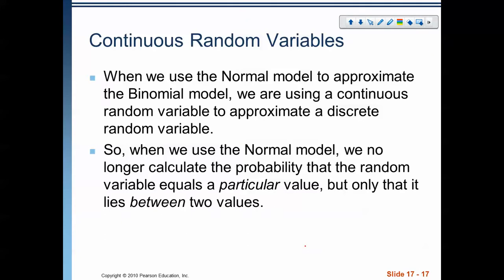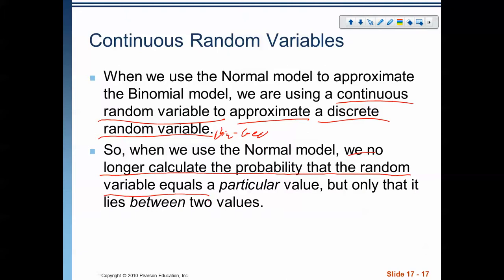We're going to skip this part, but what would it say? When we use the normal model to approximate the binomial model, we're using what's called a continuous random variable to approximate a discrete random variable. And everything that we've been doing with the binomial and the geometric have been discrete random variables, single pieces. When we use the normal model, that's a continuous random variable. Which means we no longer calculate the probability that the random variable equals a particular value, right? It's no longer x equals 3, but only that it lies